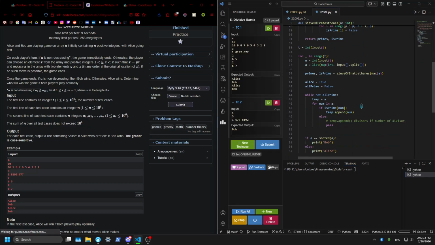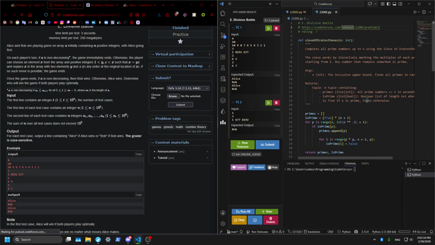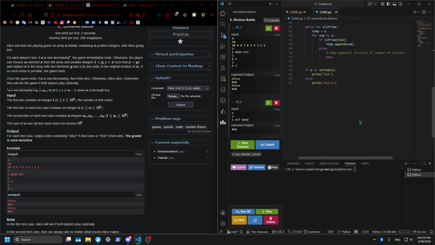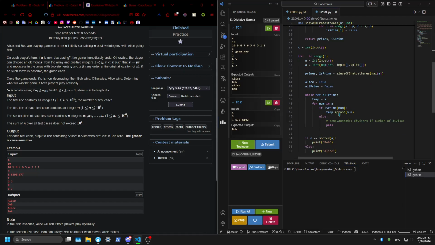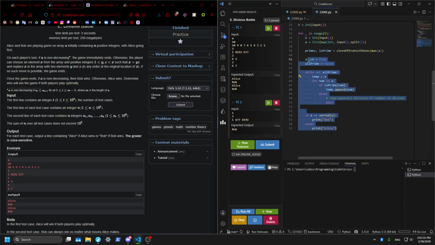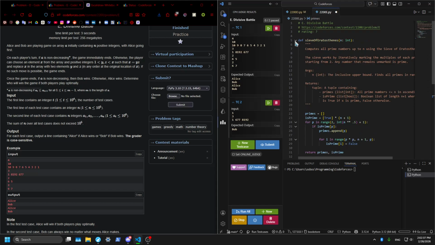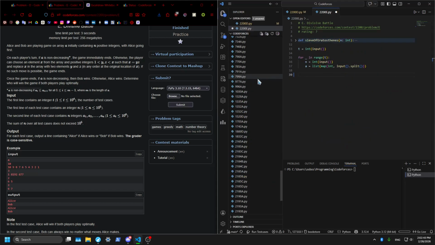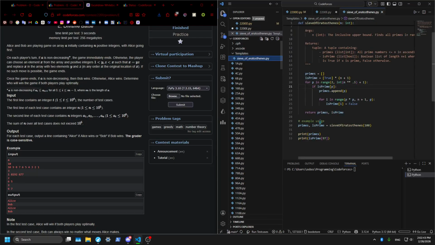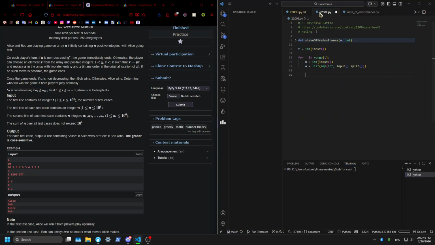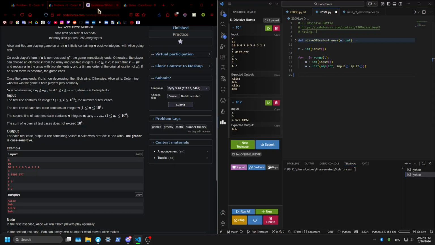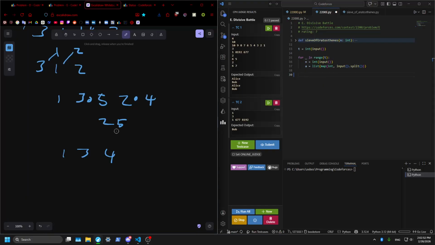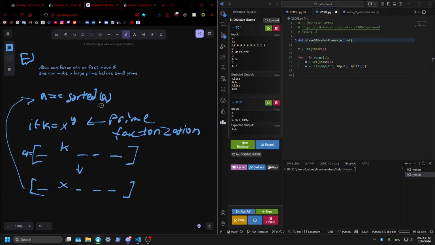Okay. So I did some thinking a little bit after the last problem, just trying to see if I needed to use sieve. I think I do need to use sieve. I think I can just remove everything here and start fresh. I'll keep the sieve here, which is just a copy and paste from my template up here. So, with this question,